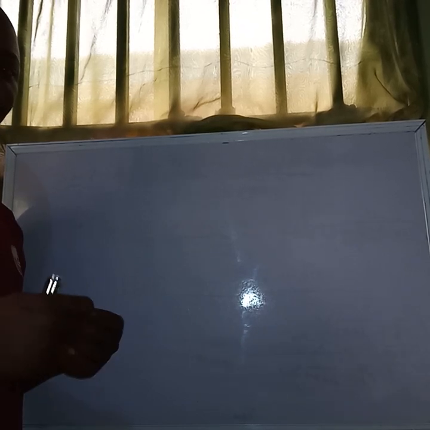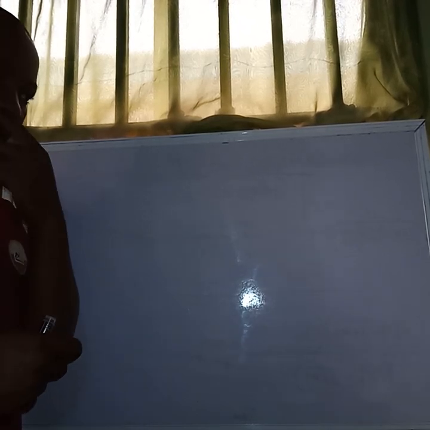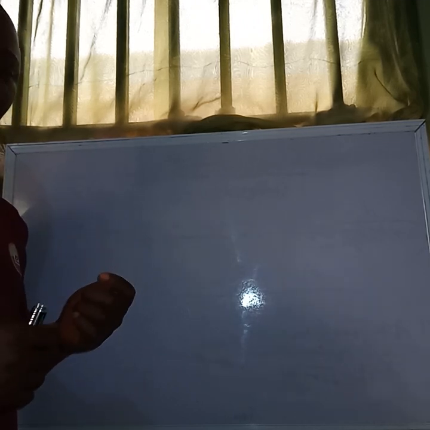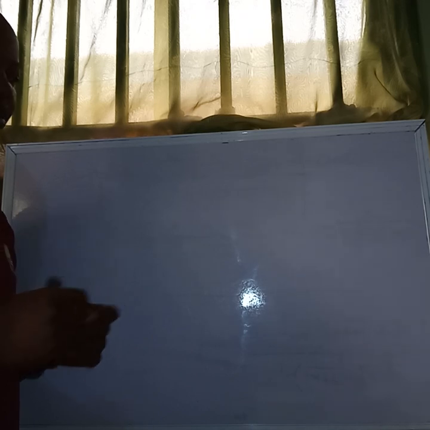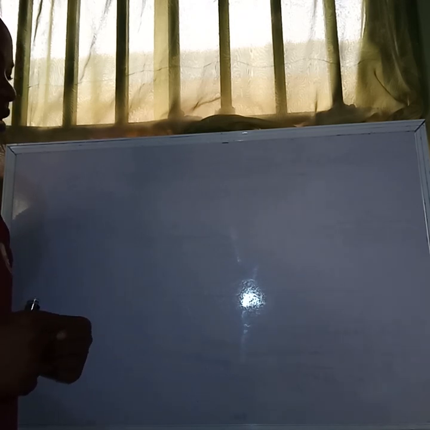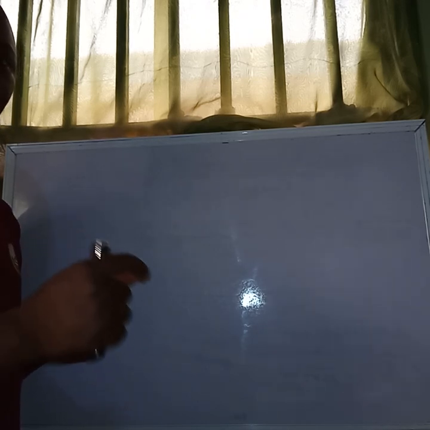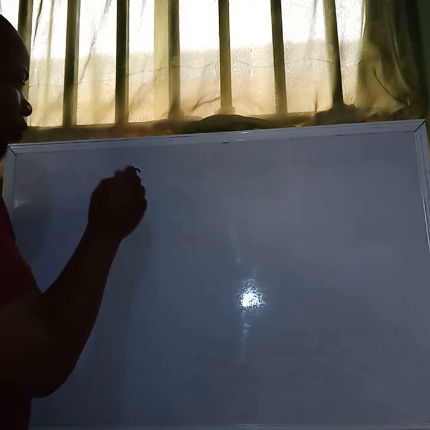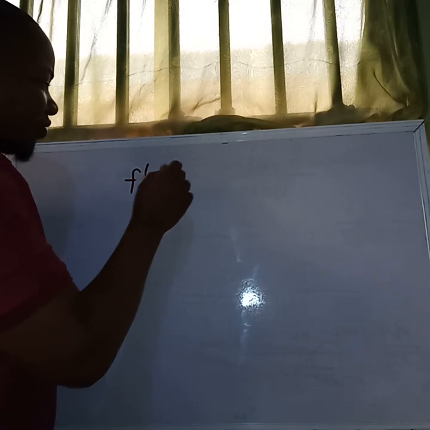Good day. In our last class, we discussed the derivative of a function. We have defined the derivative of a function in two ways. The first is the derivative of a function at a particular point, and the second is the derivative of a function at any point. You recall that we gave this definition of derivative